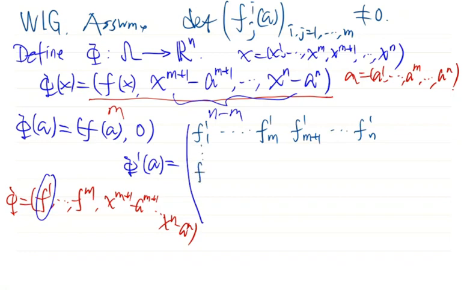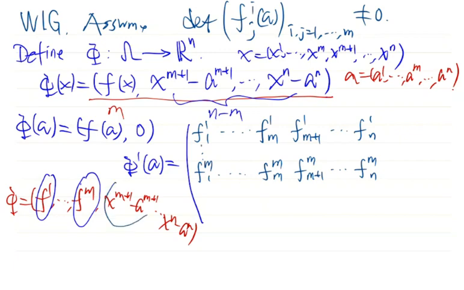The m-th row is the partial derivatives of the m-th coordinate of phi, f_m. Therefore, the m-th row is f_{m,1}, ..., f_{m,m+1}, ..., f_{m,n}. Now the m plus 1 row is the derivative of the m plus 1 coordinate